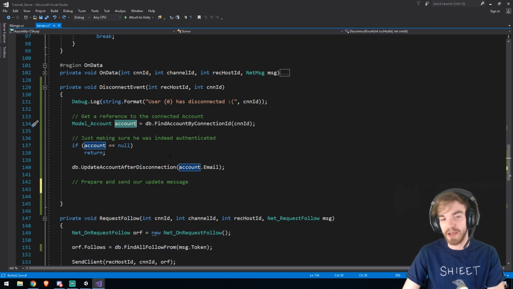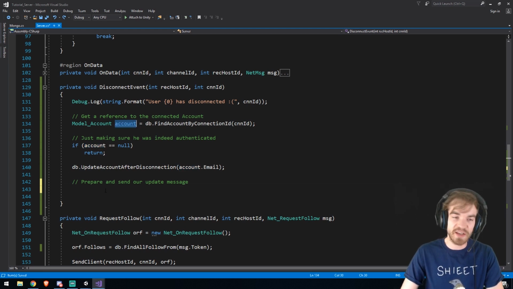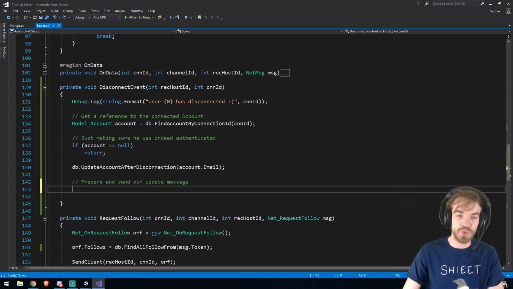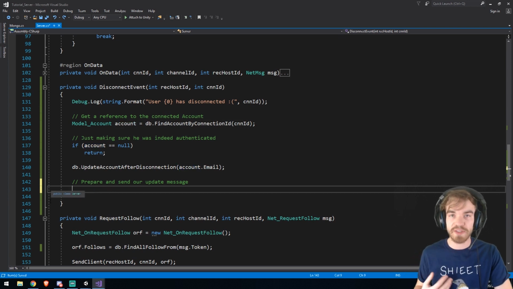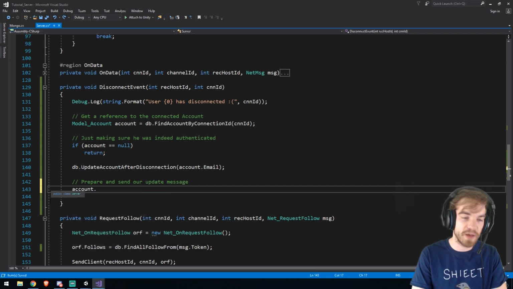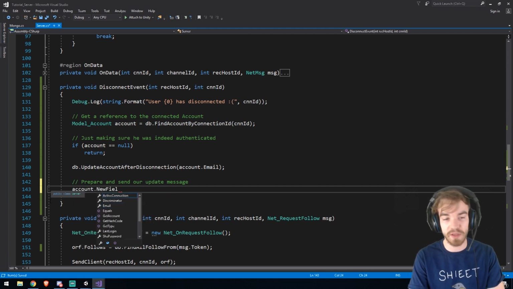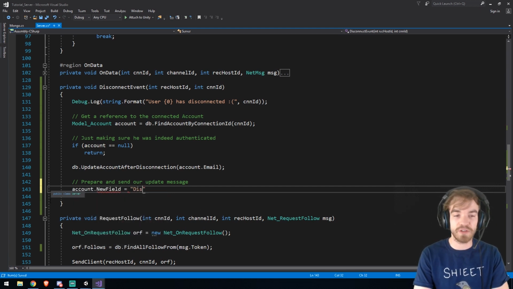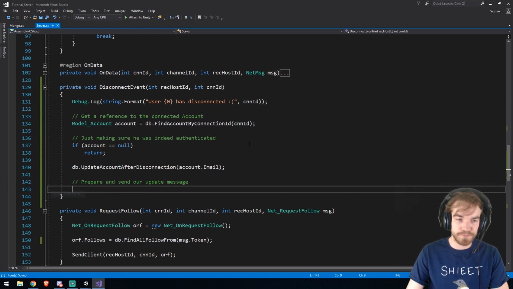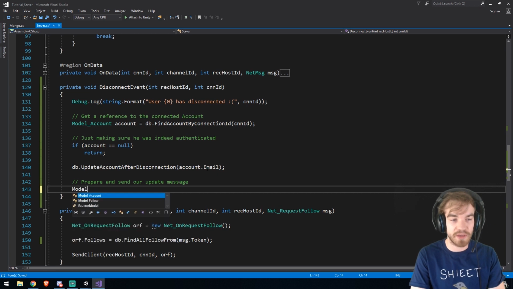So what I did is then I manually set things off over here, and I kind of think it's not the best way to go about doing this, simply because if at one point you decide to add more fields, then you're not going to come back here and say, okay, well, new field is equal to disconnected or something like that. Instead, what I'll do is I'll do another find, so like an updated account over here,